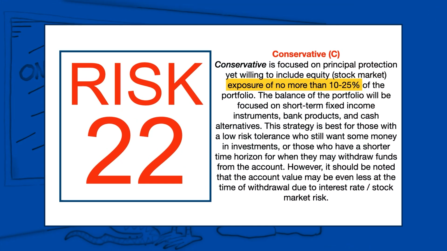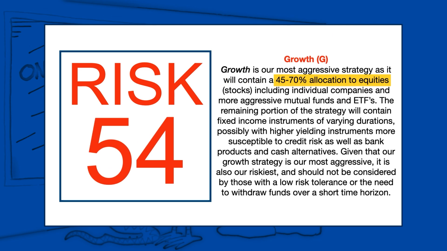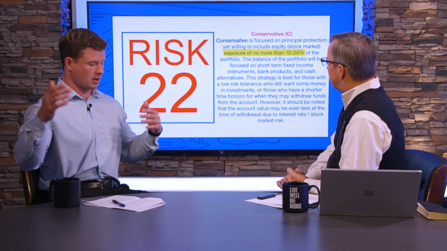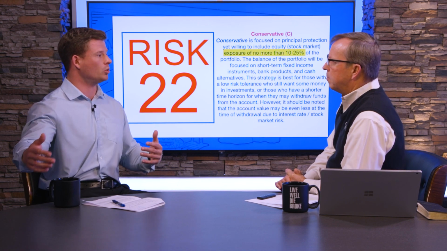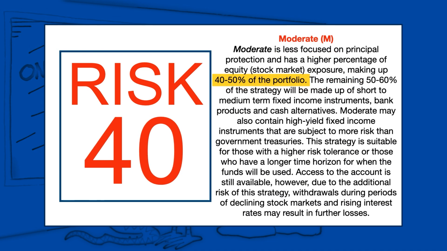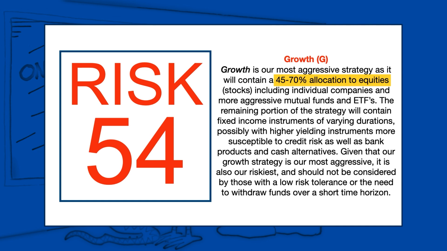Sure, so we've got conservative, moderate, and growth. And each is really just managed on different lengths of time and different investment goals. So your conservative strategy is typically going to be for a shorter period of time. A lot of folks are taking money from that, maybe the next few months or the next year. That moderate may be for someone with a little bit more risk tolerance, who maybe is holding it for a little bit of a longer period. And then growth is going to be for someone who does want to try and grow at all costs, so to speak.